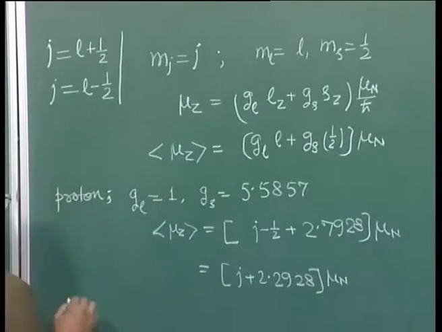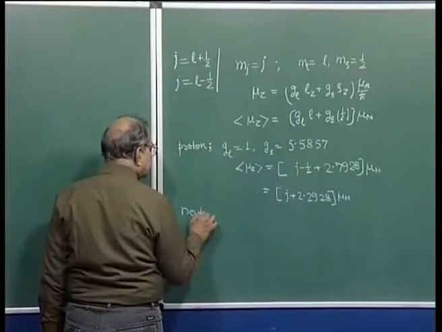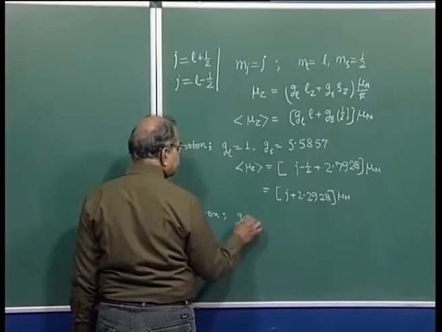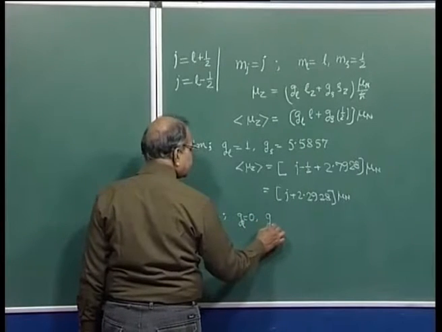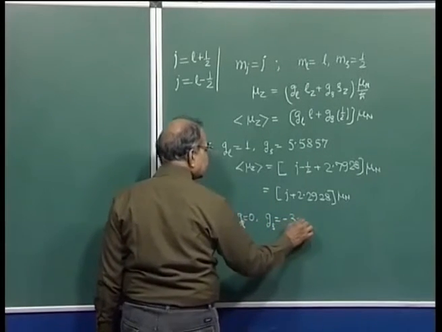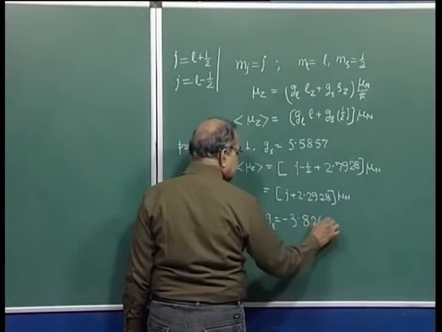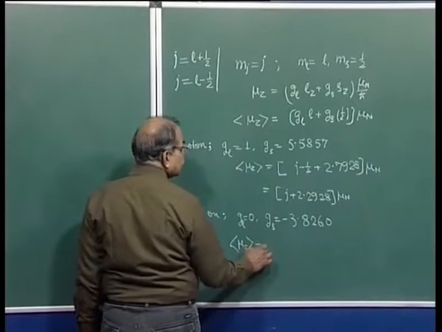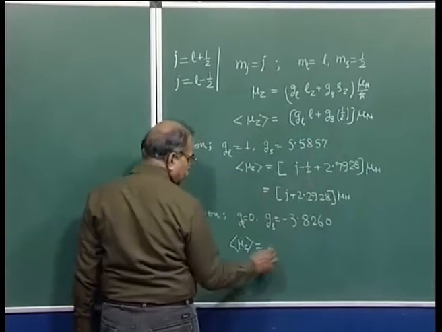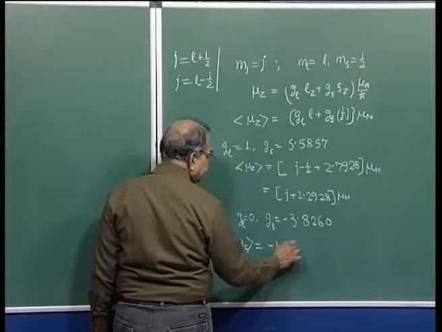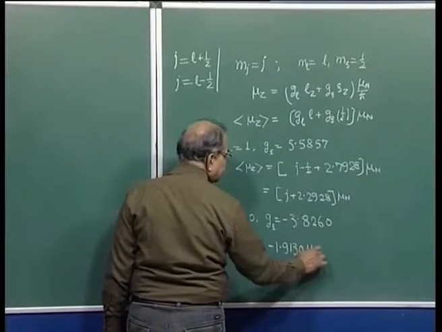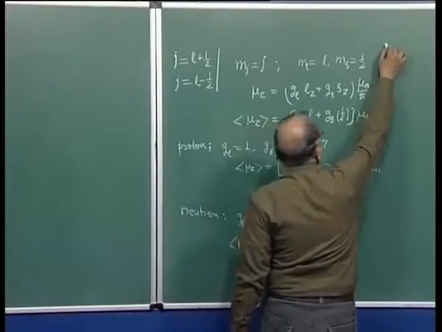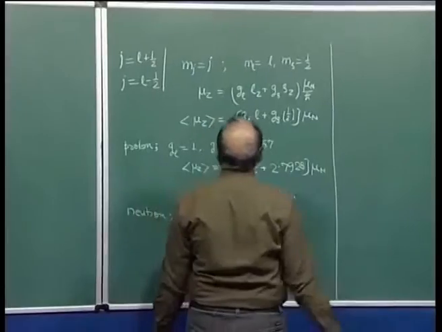And if that last particle is a neutron, in that case GL is 0 and GS is minus 3.8260. So mu z is, GL is 0 and GS by 2, that is minus 1.9130 mu n. So that is simple to calculate, but then the other case is a bit more complex,